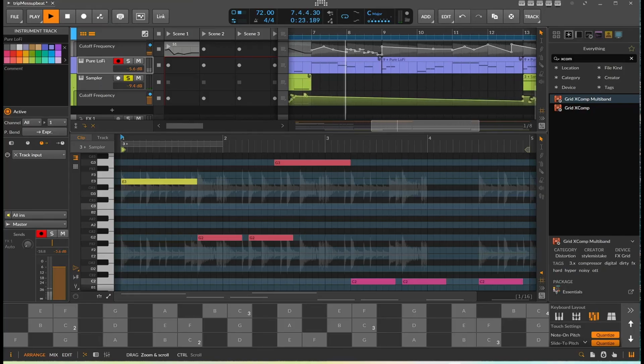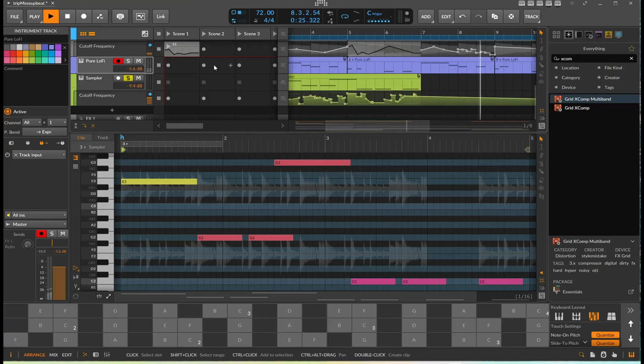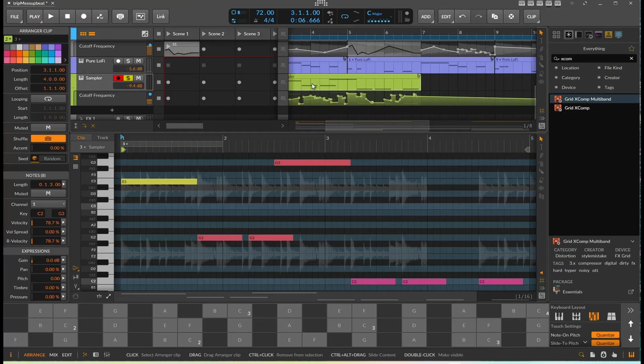Automation insanity on that one. But basically, I had two patterns, and I threw it in the multi-sampler. So if we go to sampler,